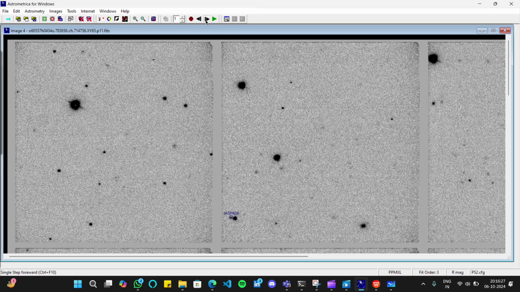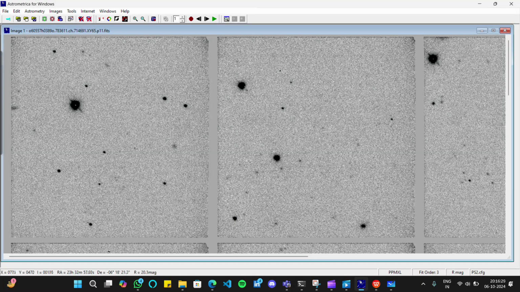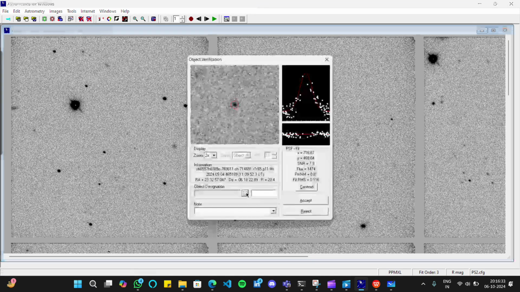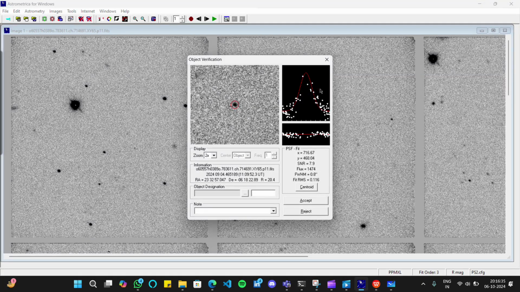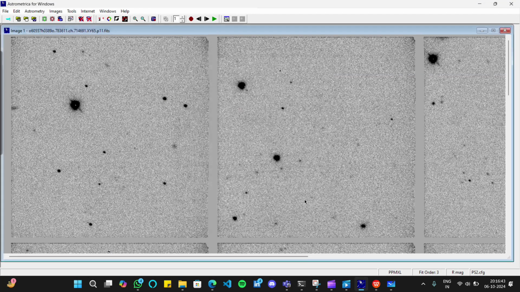Again, do the same thing for other images. I started with image 3, so to complete it, image 1, again, everything is here. Clustering is a little bit less, but it's fine. Jash 424, then hit accept.